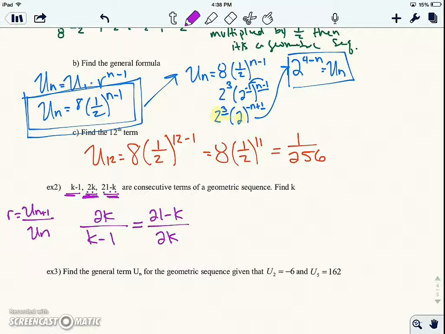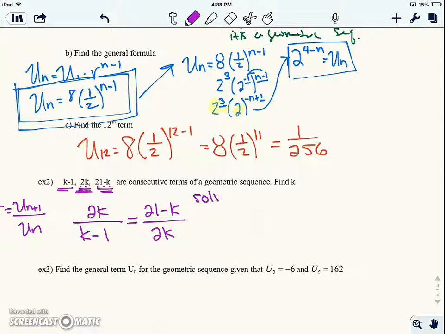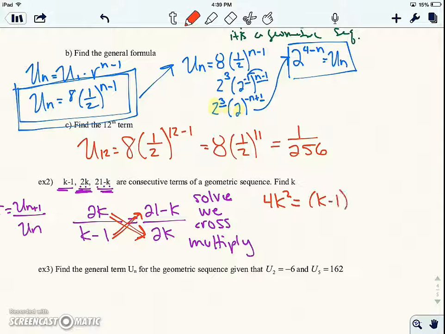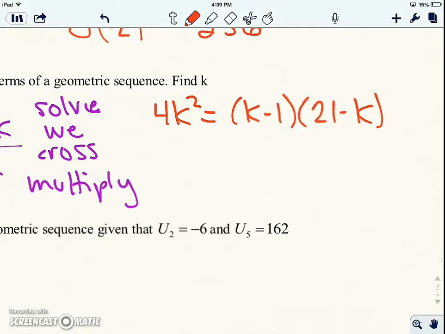Now we need to solve this, and to solve, we cross multiply. That times that, and that times that. So I'm going to do this way first. 2k times 2k, that's 4k squared, and then k minus 1, and that equals k minus 1 and 21 minus k. All right, now we have to use algebra 1 to solve this, or sorry, algebra 2, and that is 4k